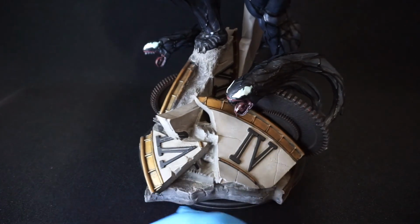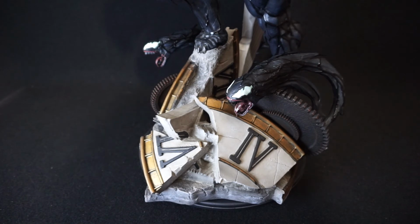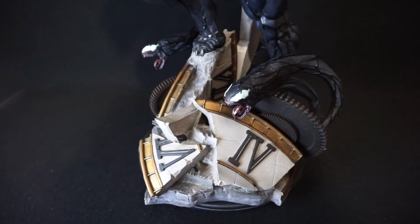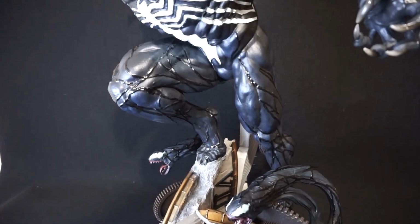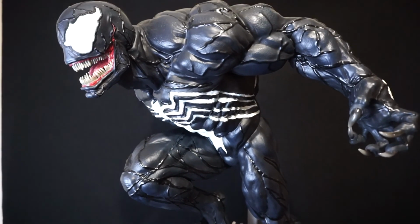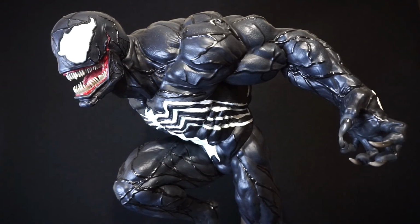So this is wonderful, and that's what I really love about XM: they continue to create these different stories. With the base, the whole piece, everything really tells a story. It's not just a statue, it's a complete work of art. I love what they're doing. They're doing so many good pieces. Every piece has its own merits, and I wish this stuff was able to be sold